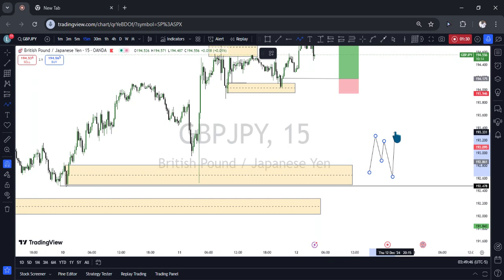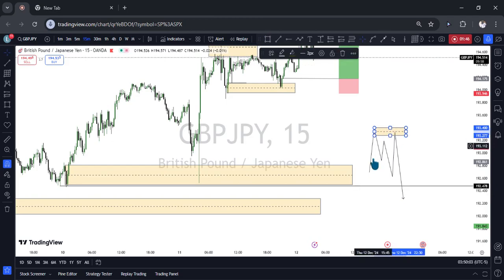Just a very, very simple mechanics of trading, right? So this is when the market is bearish in nature. That is, it creates a high, sorry,